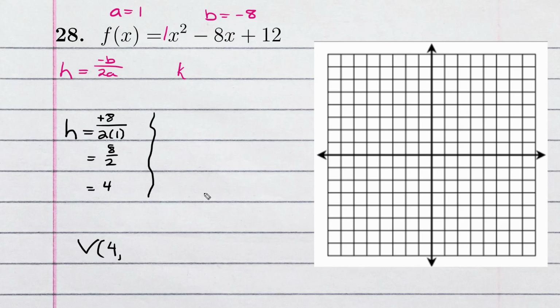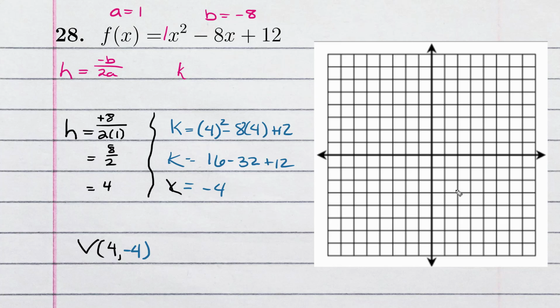When we do our K, we just plug it into the formula. So 4 squared minus 8 times 4 plus 12. So 16 minus 32 plus 12 is equal to our K. So negative 16 plus 12 is negative 4. That gives you your Y value. And so at positive 4, negative 4,